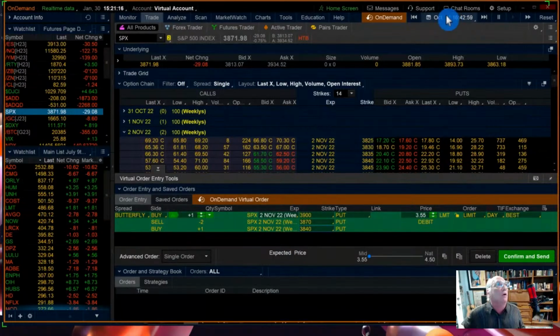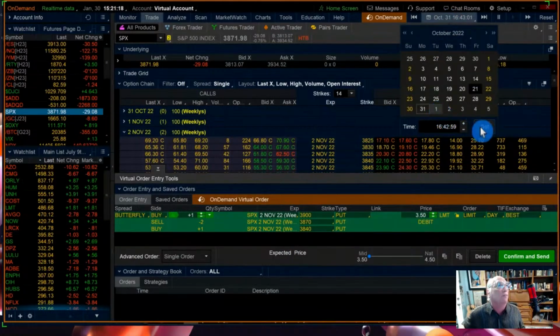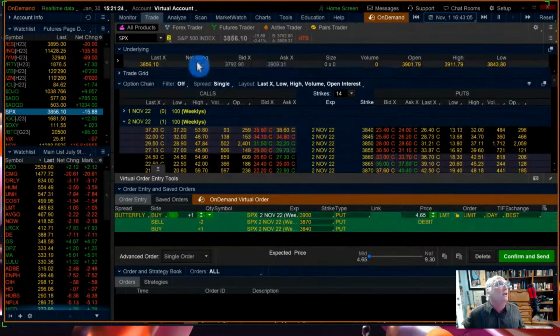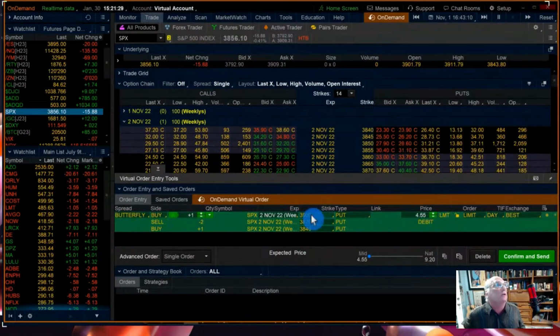So now we're going to go one more day. This is still before the Fed. It's 450. But the beauty of that, it's down 15, is move this 50 points, 30 points. So let's say right now it's 50 points in the money. Let's move it here. There you go. So that's 50 points lower than the spread I did.